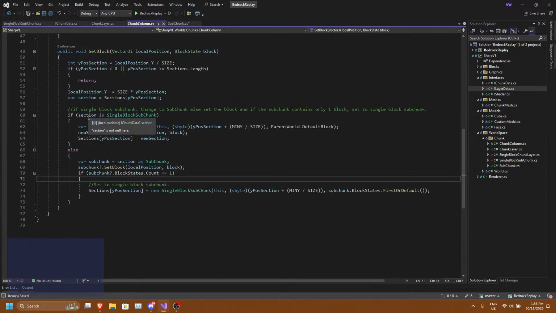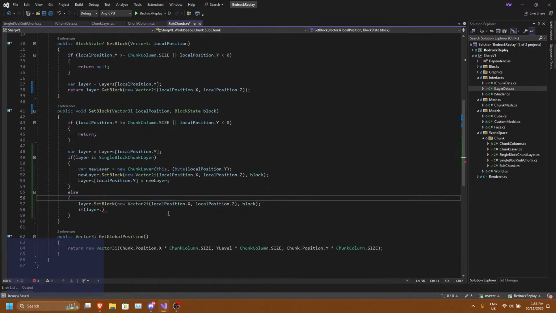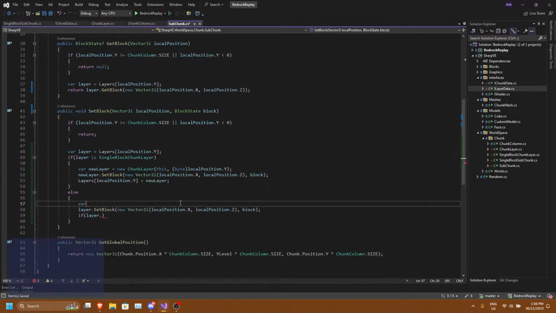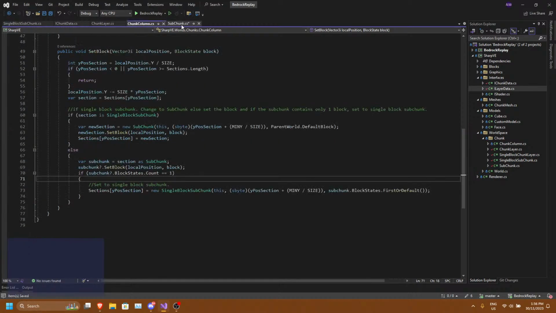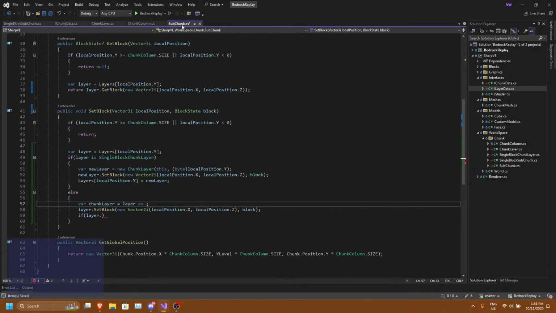Var chunkLayer is equal to base.Layer as ChunkLayer.